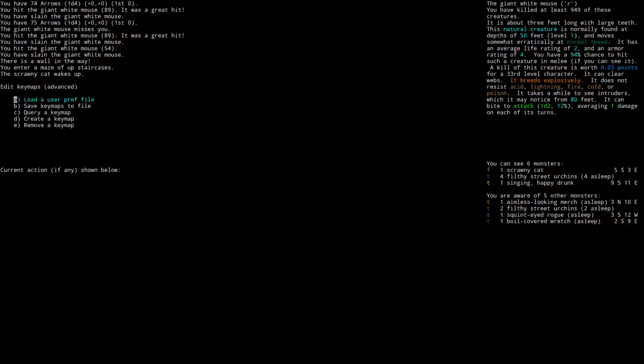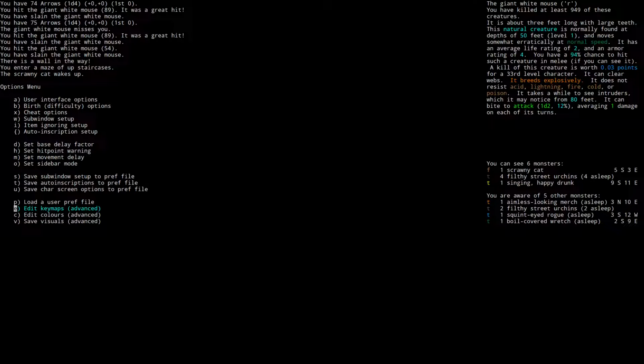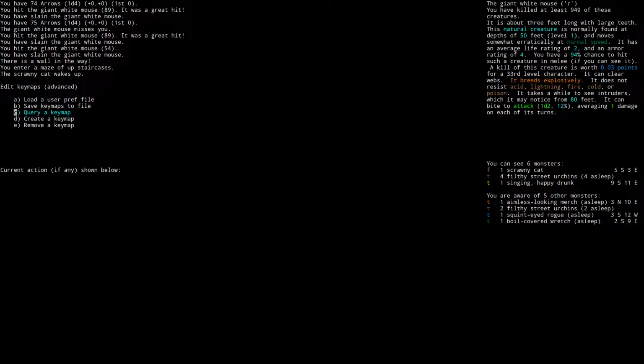edit keymaps menu, which is E there down towards the bottom. You can query a keymap and see if there's something on Control C. It's not actually Shift C. Maybe it was Shift C. Wait a second. Maybe I'm screwed. No, Shift C is that. I thought there. Maybe it doesn't exist in. Oh yeah, because it's not a key. Well, wait, it is a key map. Let's go to